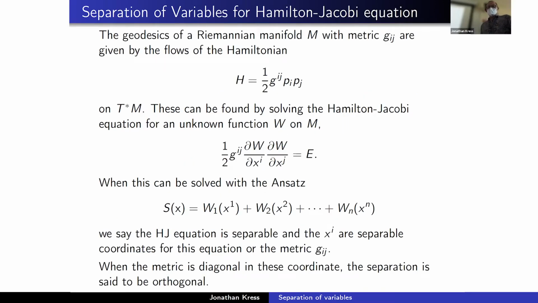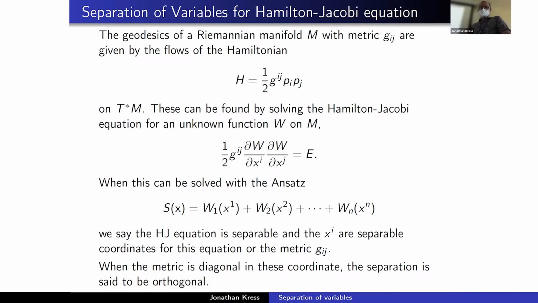So where did this story start? Well, actually, I probably don't really know, but certainly the idea of separation of variables most simply starts with the geodesics on a Riemannian manifold with a metric g, and the geodesics are the flows of the Hamiltonian vector field, or given by the flows of this Hamiltonian function on the cotangent bundle,